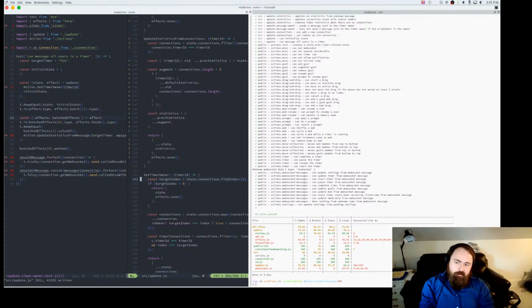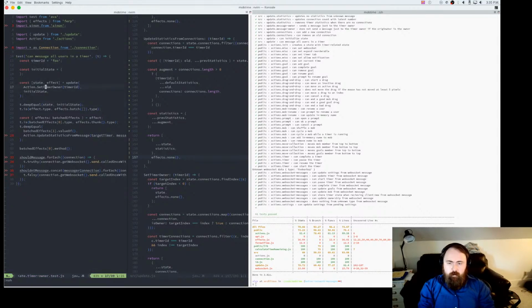I was going to say, do we need this? We could check to see if the index of a timer is 0. But I think then I need to splinter connections into like an object of arrays. I don't know if that's going to be a huge benefit. Yeah. I don't know. Oh god, target timer. Let's change that to timer ID. It's going to make my life easier.